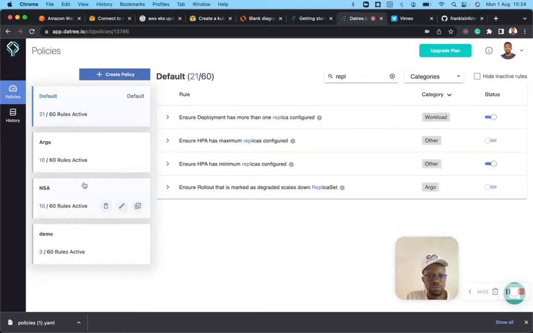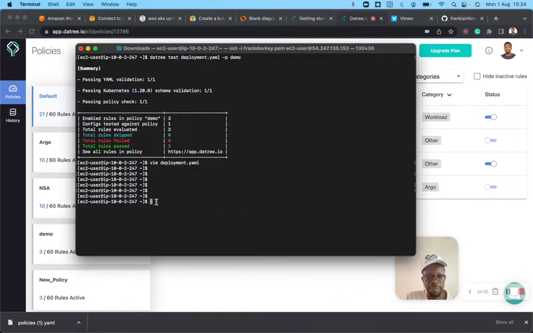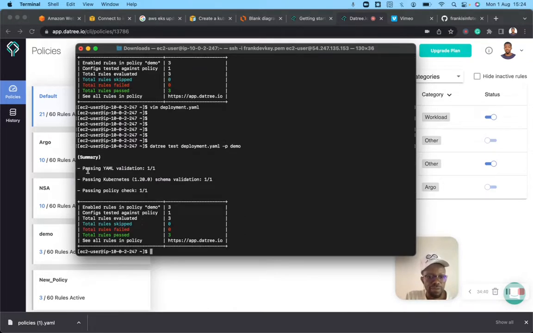The active rules are replica, memory limits, and CPU limits. So that's why my validation is being passed. If I hit enter, all is working for me. YAML validation passed, Kubernetes validation passed, and policy check also passed. So this is how you constrain these checks using kubectl in your